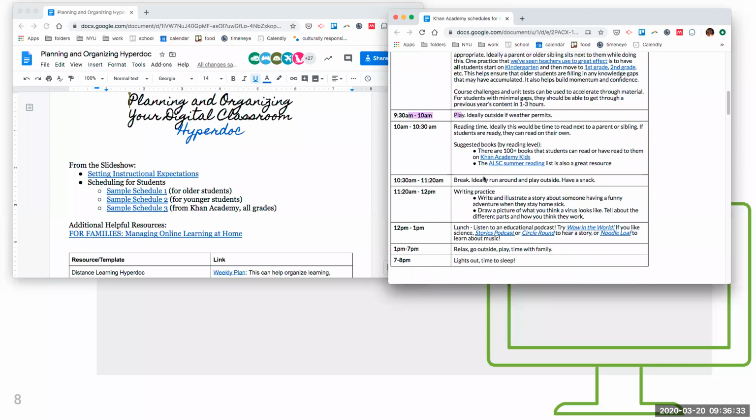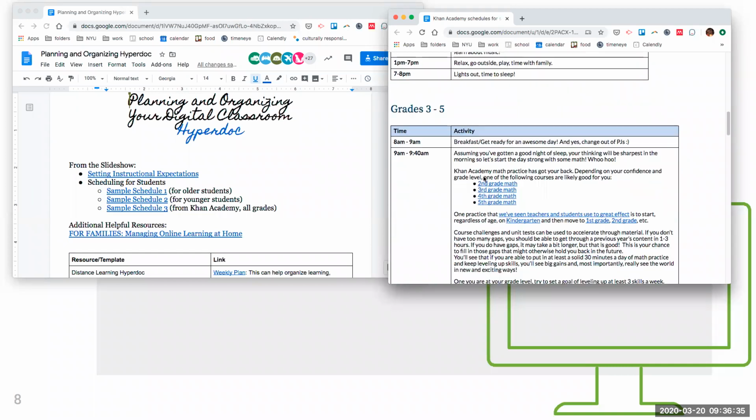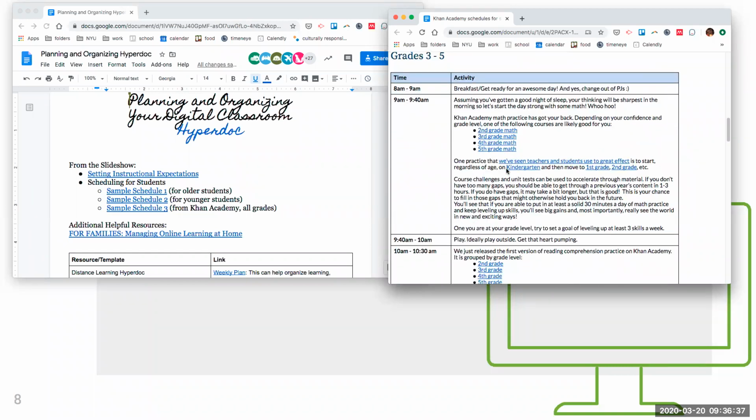Right? So these are all examples of schedules that you can use. And I highly recommend having them as a HyperDoc, not only because you can control the content so easily, but